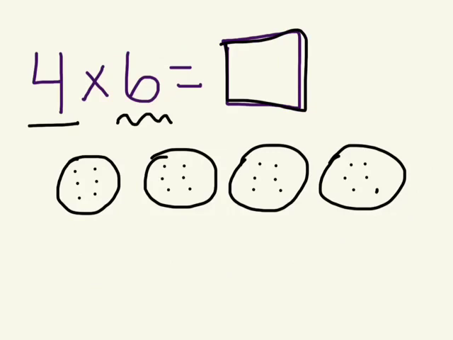All right. Now, maybe you're not the best at counting by 6s or counting by 4s. Sometimes we have to count each dot until we learn our 6 or 4 count bys. And so this is where I'd encourage you to keep practicing at home. But I know my first group has 6, and I know if I add 6 plus 6, I get 12. So 12, I think I'm going to count each dot. 12, 13, 14, 15, 16, 17, 18. And I'll keep counting the dots. 19, 20, 21, 22, 23, 24. So I know 4 groups of 6 equals